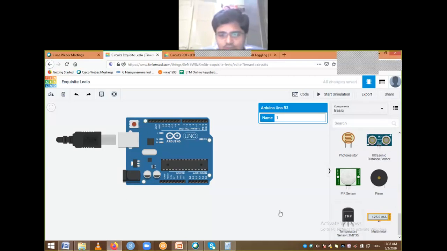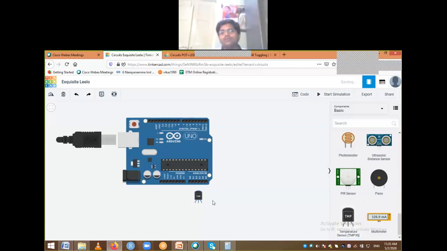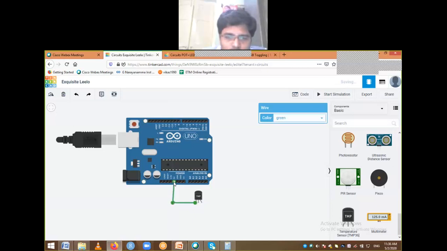Okay, so there is no need that every time you connect any sensor you need to bring a breadboard into Tinkercad. You can also make connections directly. Okay, this particular pin, the power pin, we need to connect to 5 volts. Okay, I'm connecting to 5 volts. Then this pin I need to connect to ground.